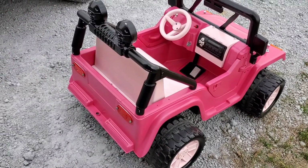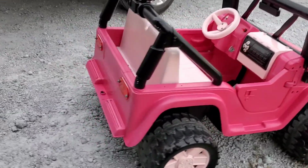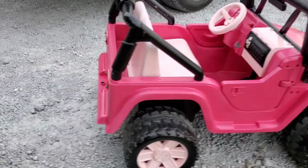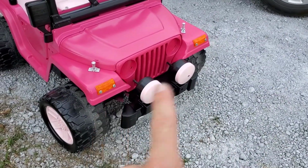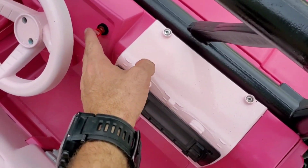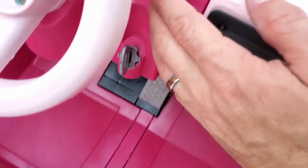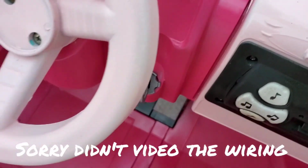All right, so I'm gonna get a few stickers, but final modifications. Got some reflectors in the back. Got some little reflectors in the front on both sides. And then I added a kill switch. So the Barbie Jeep will not operate right now unless you flip this on. And then also I added some lights. So if you flip this on,